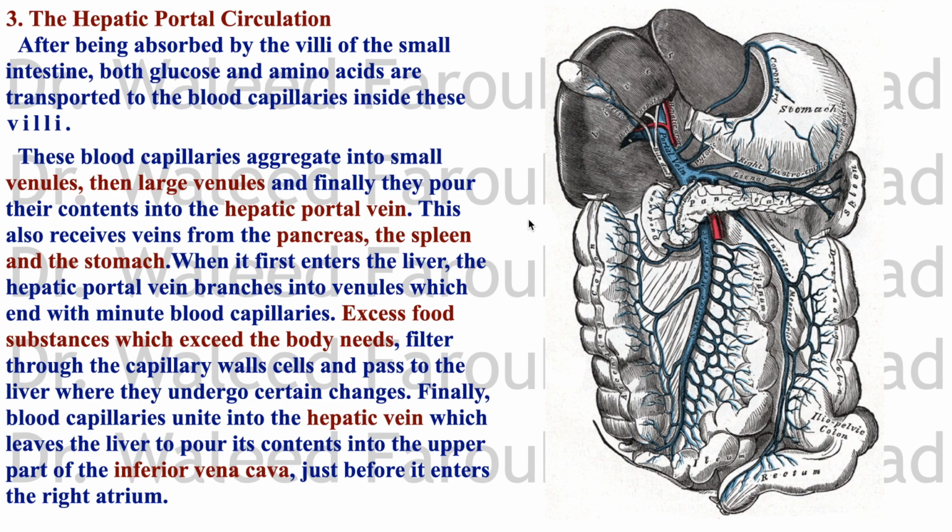Hepatic portal circulation. I told you before, any kind of food, even the fanciest one, has toxic materials to our bodies. So anything absorbed from food must pass through the liver first. So from the villi, the lacteal absorbs fat-soluble fat, which goes into the lymphatic system and from it to the superior vena cava,